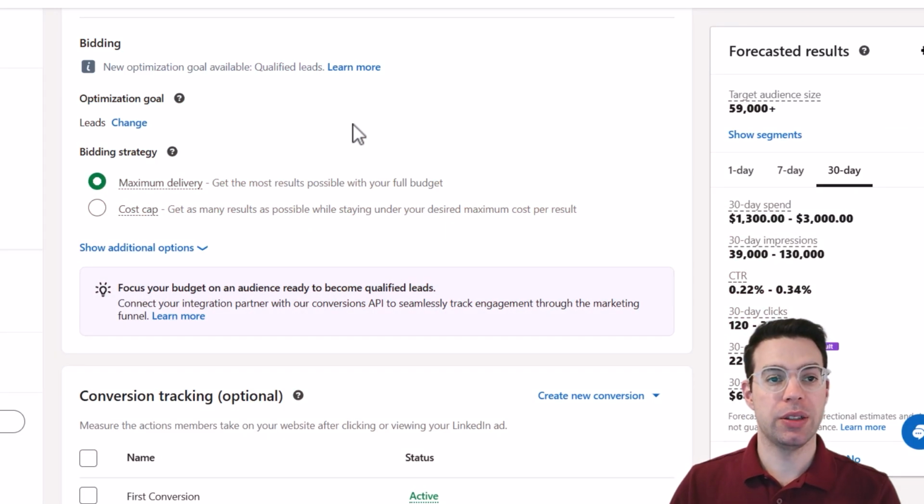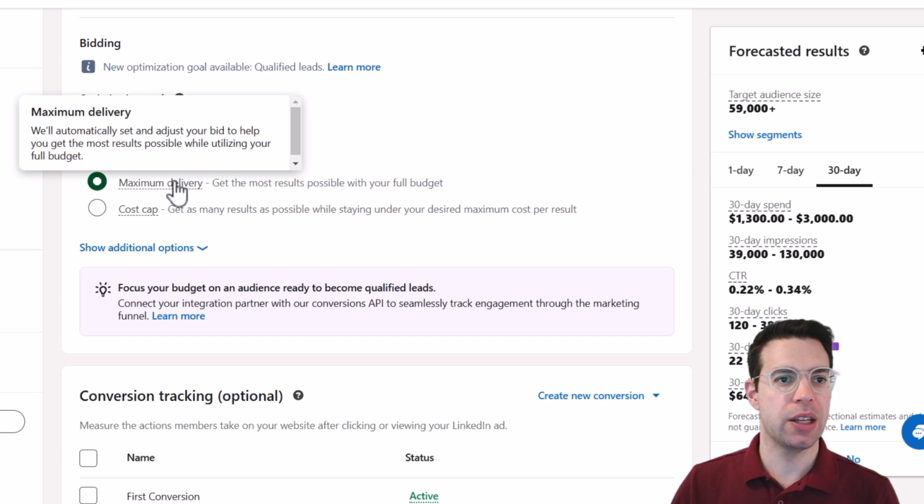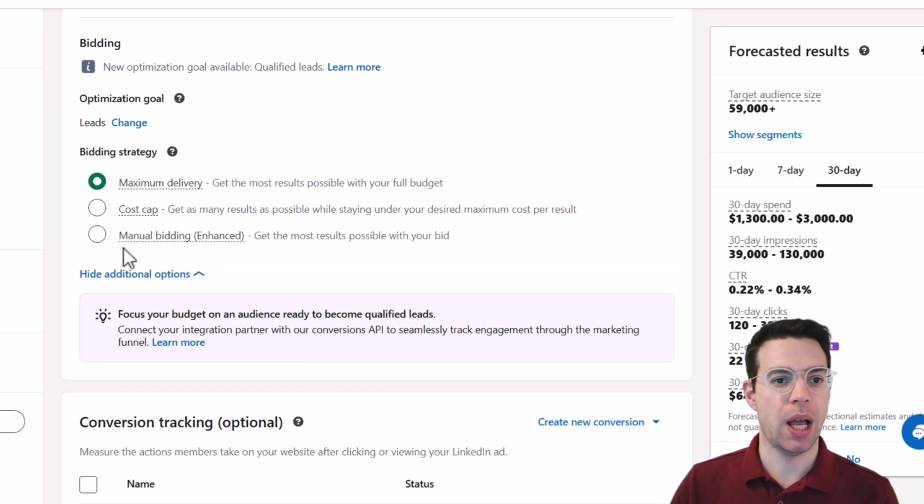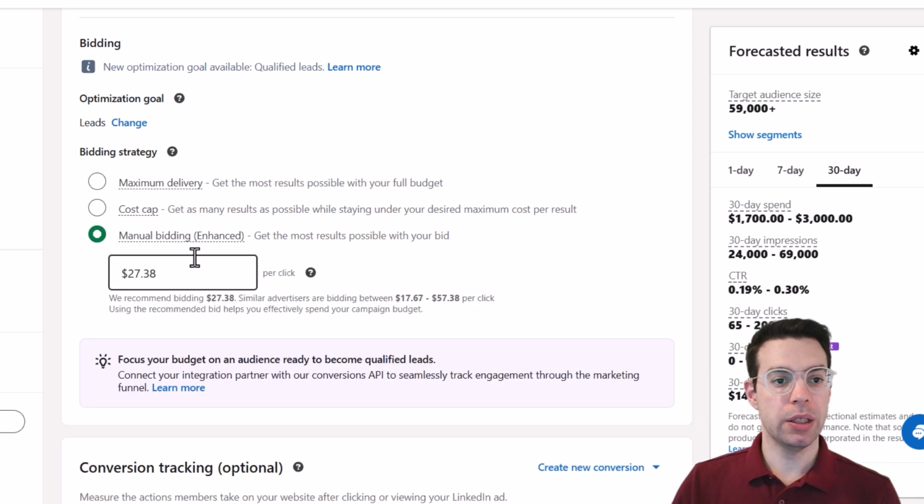So here we are in the bidding section, and you can see that LinkedIn has chosen maximum delivery as our default bidding strategy. We don't want LinkedIn to automatically set the bid for us because it will bid too high. We have to click down here to show the additional option for manual bidding. Now LinkedIn is automatically putting in this recommended bid, and they're giving us this big range, but actually we can bid a lot lower than this. So we might put a bid in down at maybe